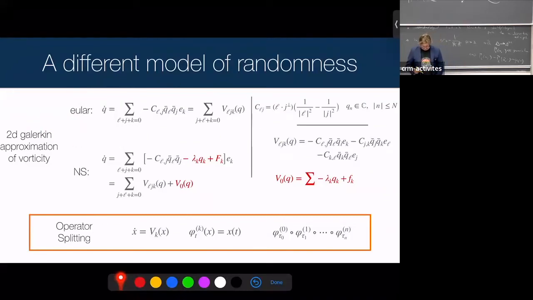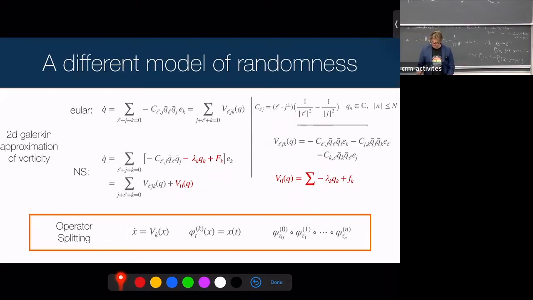Okay. All right, so what I'm going to do is look at this vector field here for Euler, which is the one I just wrote down there, yeah? And I'm going to write it as a sum where each of these is its own little vector field, yeah? And then I'm going to perform operator splitting. So I'm going to evolve according to each of these vector fields separately, one after another. Don't do this as a numerical method. It's a really bad idea as a numerical method. I'm not claiming this is a numerical method. It's going to be a slightly different way of introducing randomness in kind of an Eulerian way. And maybe I should be doing it Lagrangianly, that's a conversation we can have.